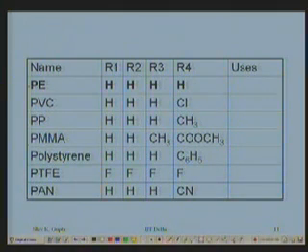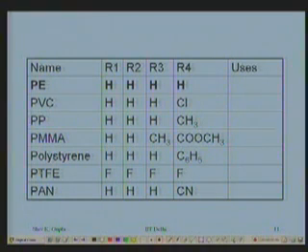For polyethylene, R1, R2, R3, R4 are all hydrogen side groups. That is what I have shown you, and on that basis we are going to talk about the others. And I already said that we can use this material for containers, carrier bags, etc. Even suitcases you can make out of it.